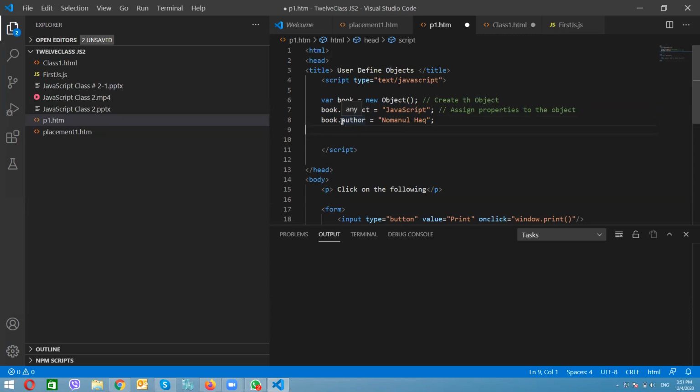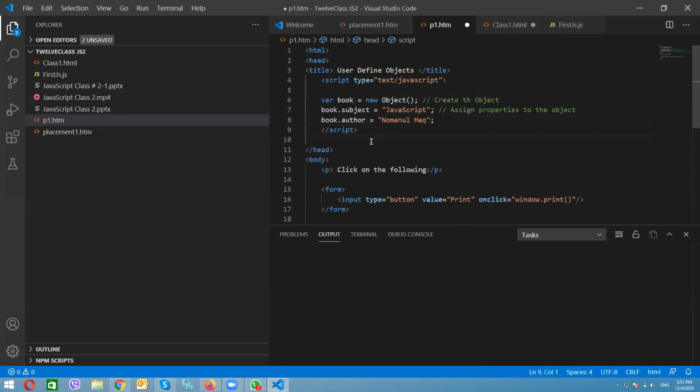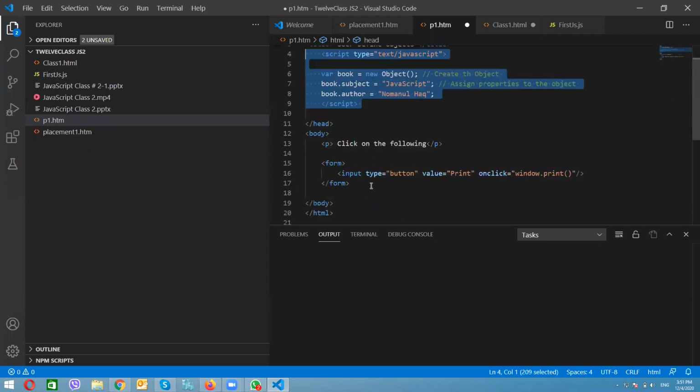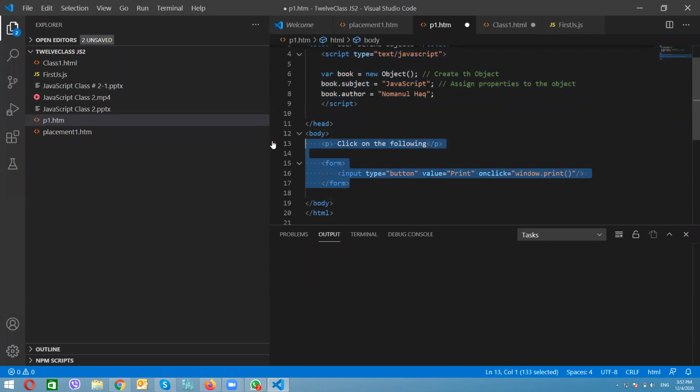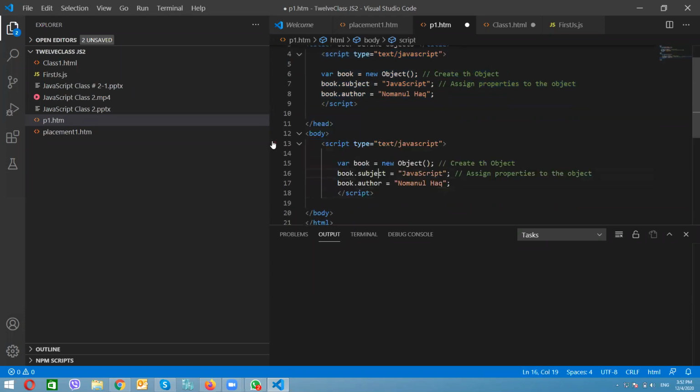Now, how can we use it? Again, we will use these things in our body part. I will copy this one from here.